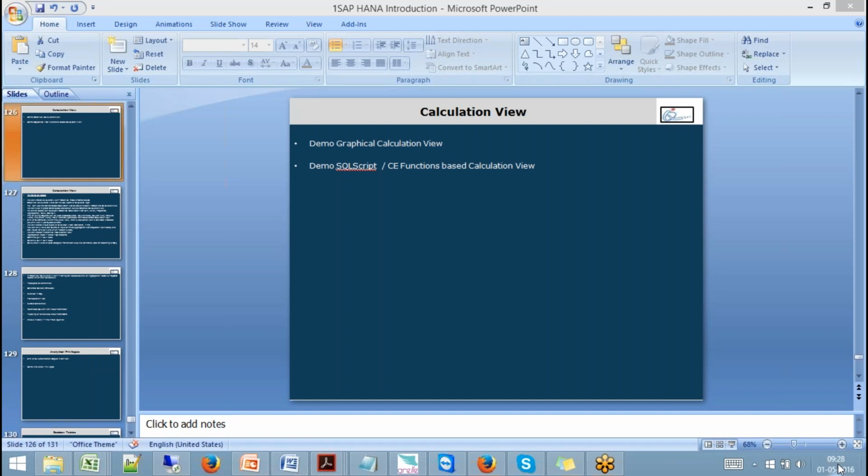Any questions? Sir, for which type of use cases do we have a lot of options, either BW on HANA, purely HANA, or accelerated HANA? Initially we discussed HANA use cases, right? BW on